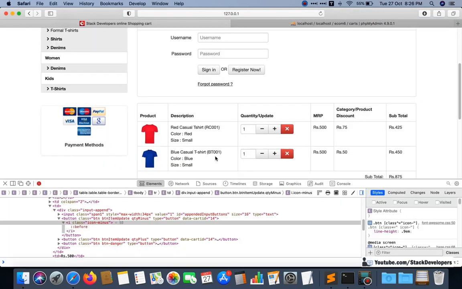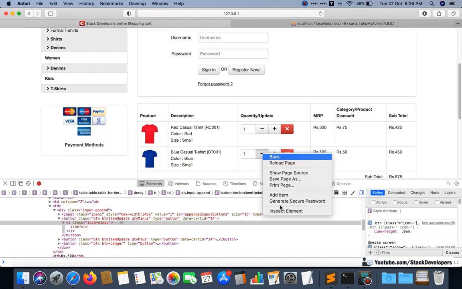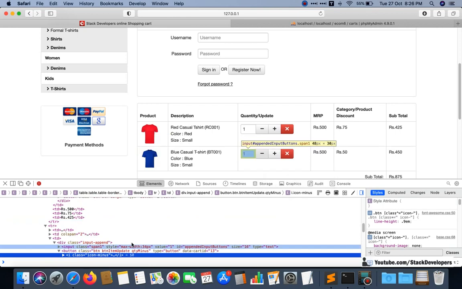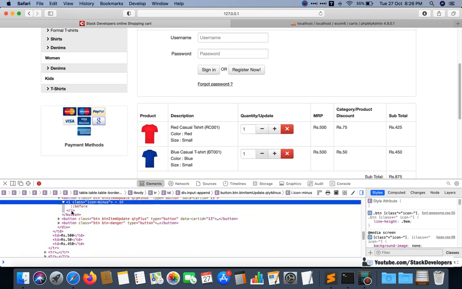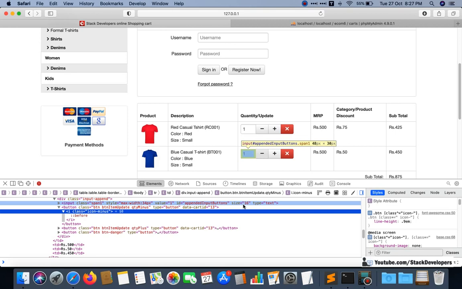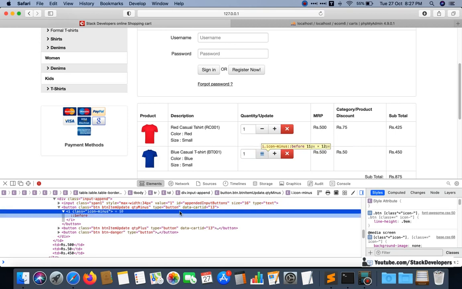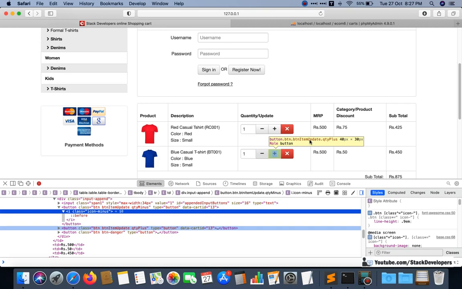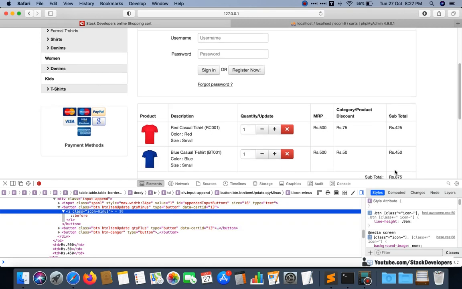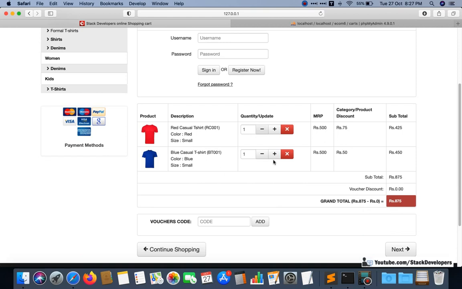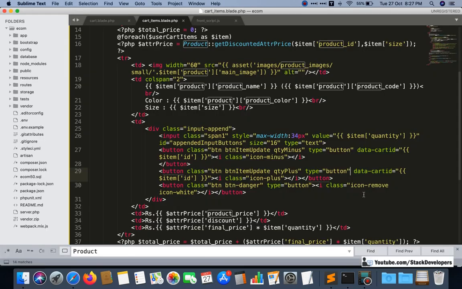And this one I think may be 13, so we can check this one as well. See, this one is ID 13. You can see data card ID 13 here. Okay, so these IDs we are passing to jQuery, and other than this, right now we can pass this one and try.